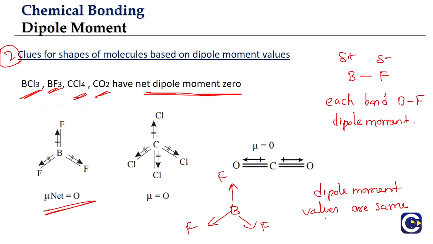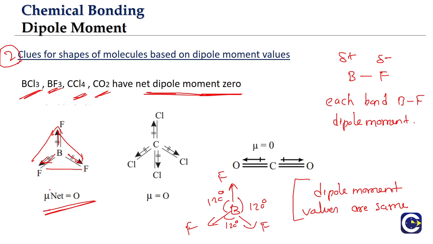It is like you have 3 vectors of equal magnitude and the resultant is 0. How will these 3 vectors be arranged? They will be arranged symmetrically. If they are pointing to the corners of an equilateral triangle, that is a symmetrical arrangement. So each of these angles is going to be 120. When you arrange them as if the bonds are pointing to the corners of the equilateral triangle, the 3 vectors will cancel each other, so that the net value of the dipole moment will be